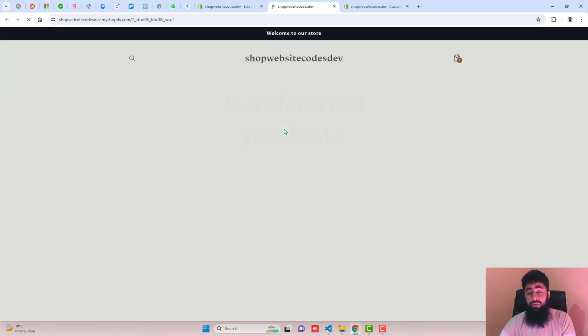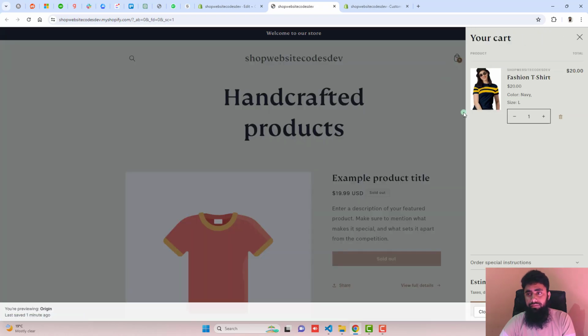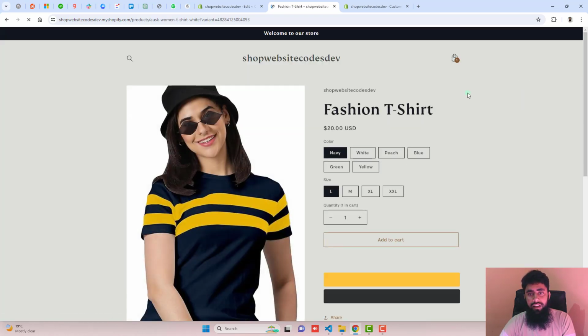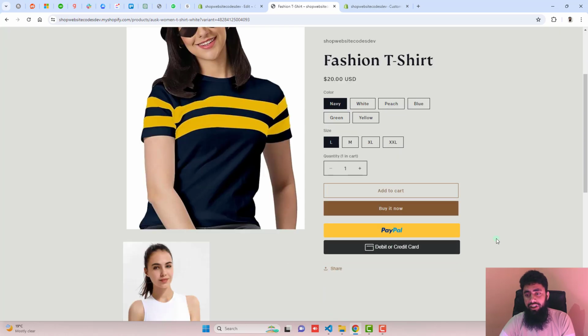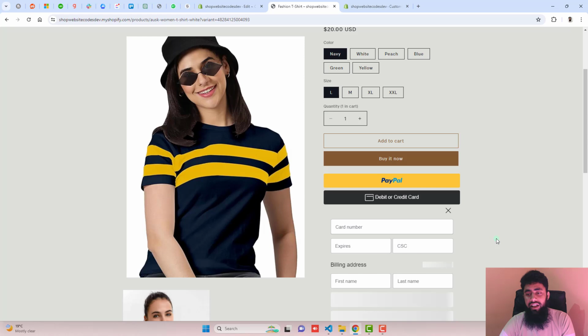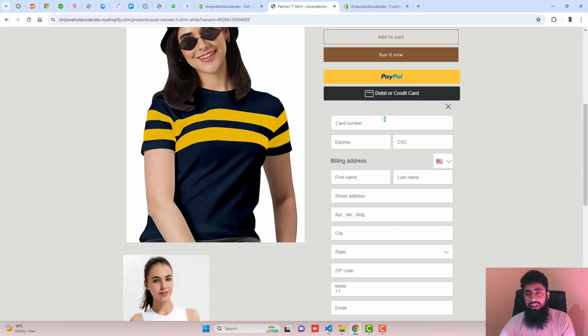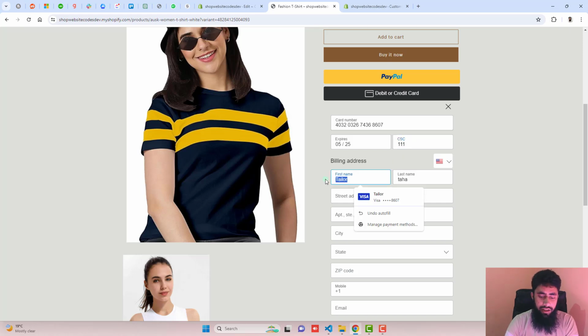So now it's time to test the feature. Here is the product page, and here you can see that we have the PayPal yellow button and we have the debit or credit card button. So let me test it right now. Click on debit or credit card and it should open a form where we have to enter card details. So I'm going to add my test card details, and for example I am writing here Harbhajan,